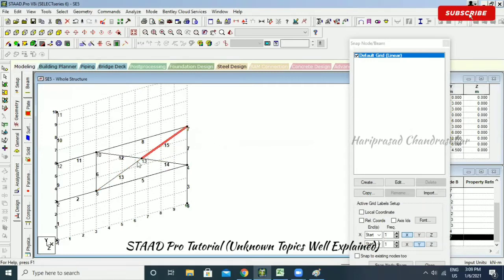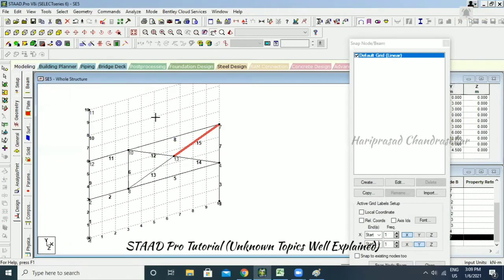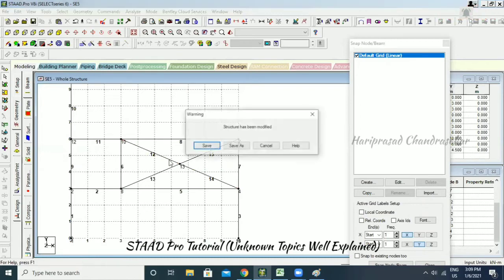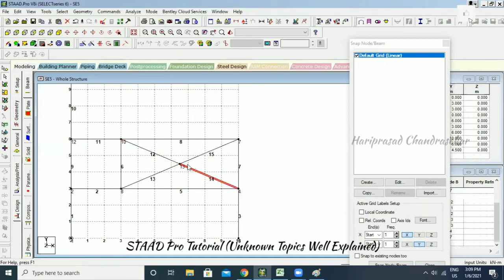you can just go for selecting both by holding control. I think what happened to it? It is not selecting actually. Control I'm pressing, it is just going somewhere. You need to save. See, holding control, it is not selecting. Sometimes the software behaves like that, but okay. We will try something else.